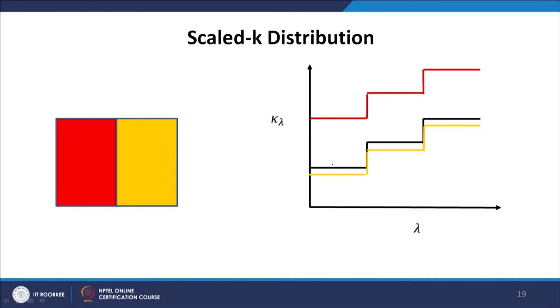Independent of the kappa lambda magnitude, the scale up is the same. This is called the scaling approximation. Everywhere it is the same. So the scaling function depends only on gas concentration, it does not depend on the magnitude of the absorption coefficient. The scaling approximation is a little more restrictive, as scaling is applied uniformly over the spectrum, while the correlated K distribution is a better, more reasonable approximation, because it takes into account that different parts of the spectrum may see different scale ups.